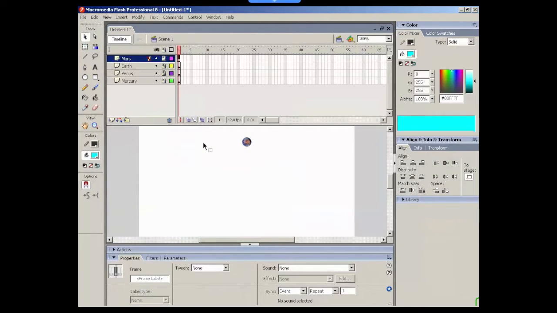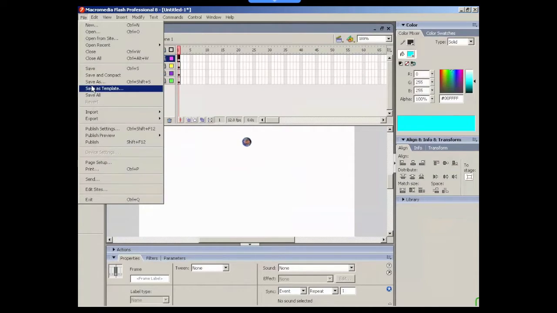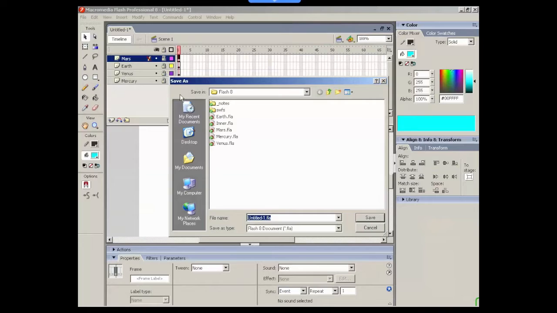So now we've done that, let's make sure we save the project so that we don't lose anything if anything crashes. If we save this project as Inner Planets,